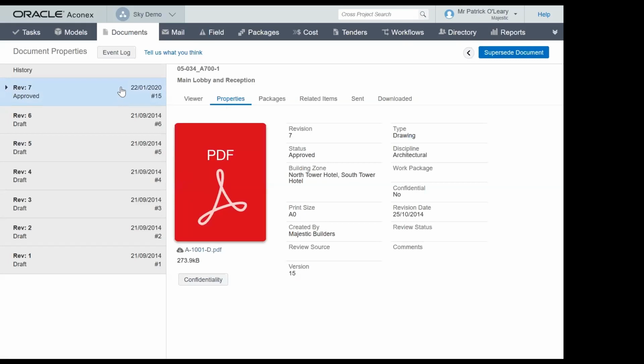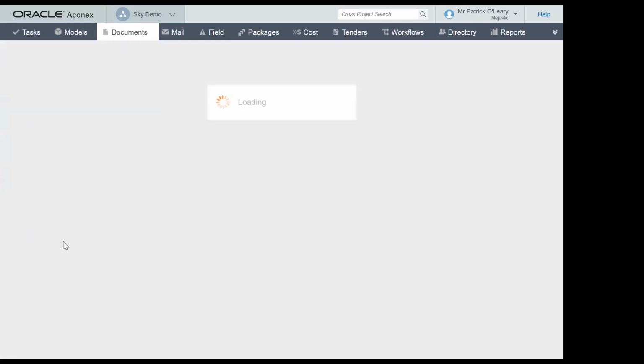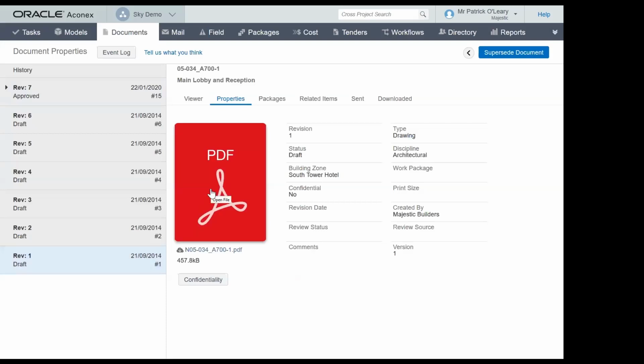And as you can see, we've got the document with all the various tags in here. For instance, the status is approved. We can see where the building zone is, the revision date. So we are looking at a document that is just under 5 years old, or 5.5 years old, and we've been able to get it in a couple of seconds. So if we look at all the other documents that have existed here, we are able to open them up and see what changed.